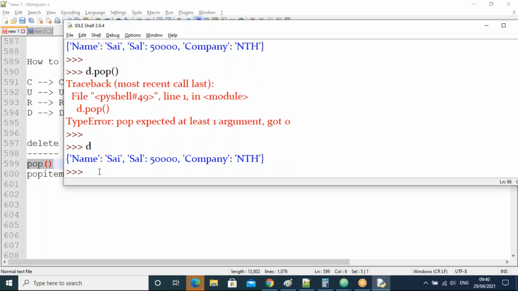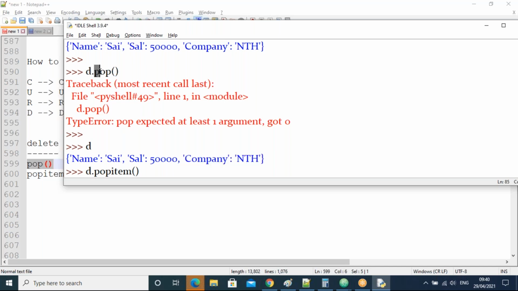Now coming to the pop item, guys. D dot pop item. In a pop item, we don't specify any argument. Here we don't give any key name. It will remove the last one by default, guys.